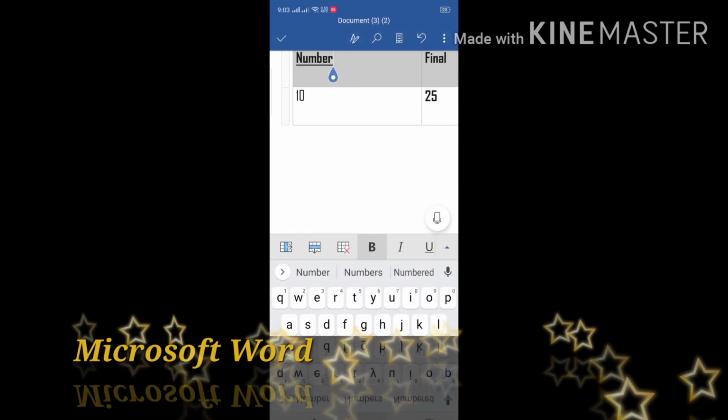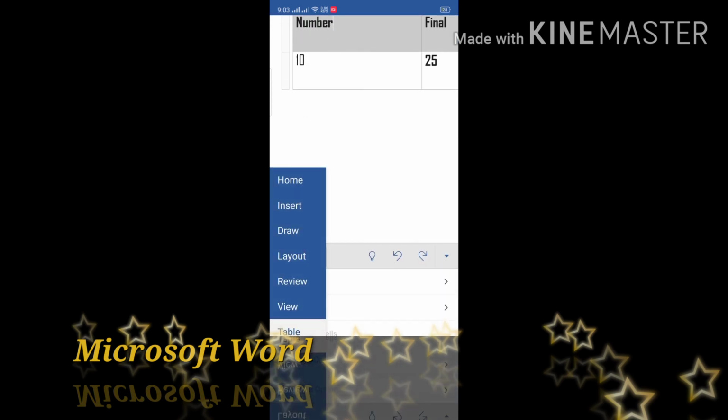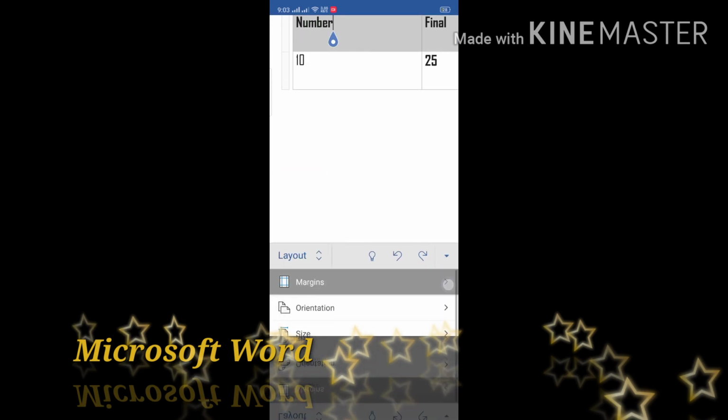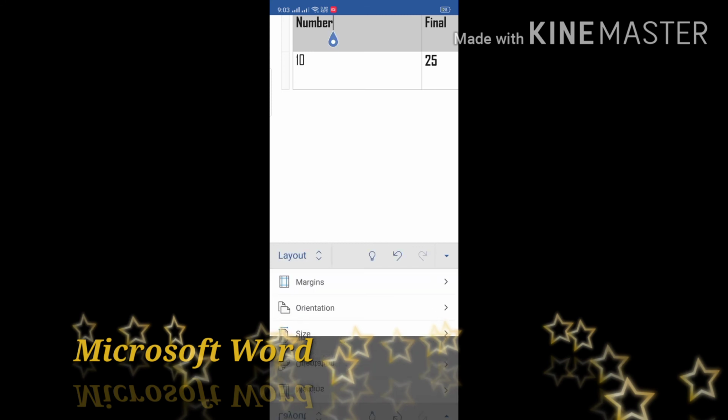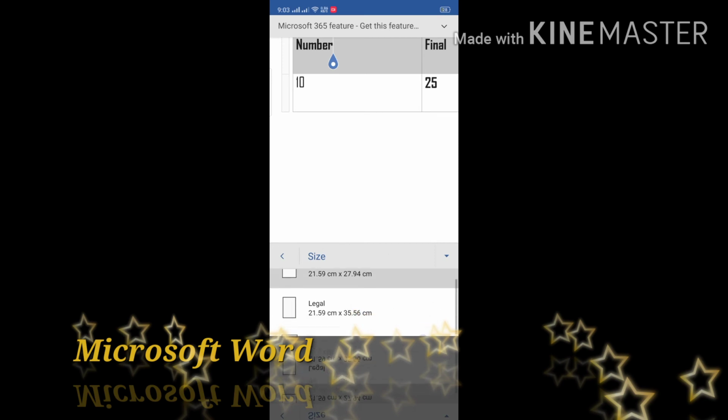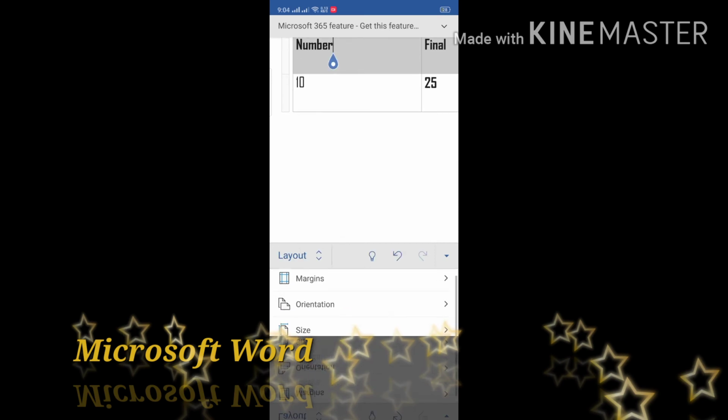Okay, after that, if you want to do anything like page layout, you have to select margin will be normal, orientation of the page, horizontal form or in the vertical form. Size of the page, we normally use A4 size, so here we select A4 size. Columns, if you want to write in the column form, you have to select column. Page break, a line will appear after one page or next page.